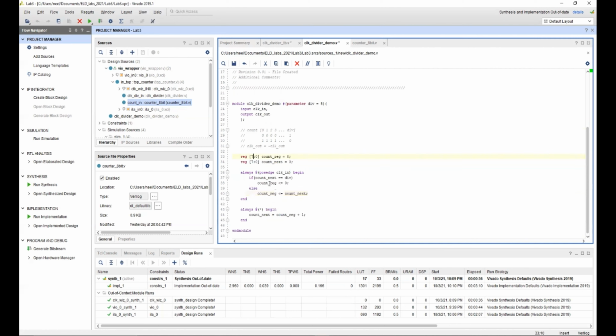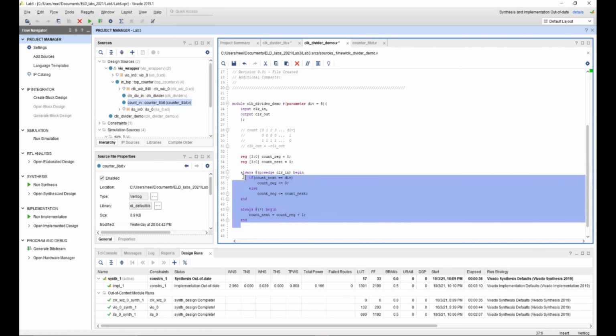We do not really require this many bits, because this is 8-bit and we do not really require 8 bits. So we'll just make a 4-bit one. 4 bits is more than enough, because we're only counting to 5. So now we implemented the counter. This is the part where the counter is finished.